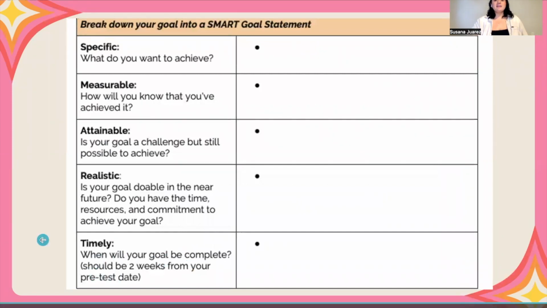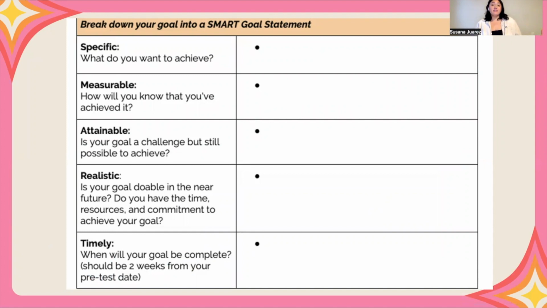Complete. It should be complete 2 weeks from your pre-test date. So they're talking about pre-test. But what I want you guys to do is today, tonight. Okay, so when you get home tonight or tomorrow, you're just going to write down that date and figure out what that goal is and mark 2 weeks from that date. And then we are going to reconvene on that date. So today, I believe 2 weeks from today is going to be